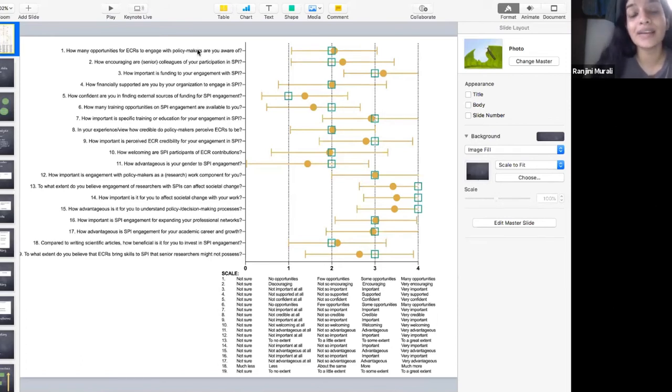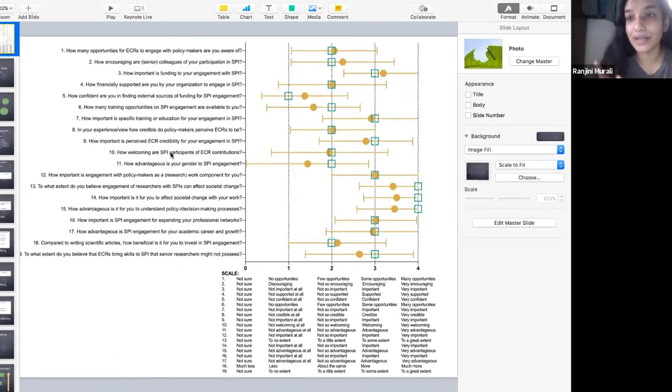Okay, so on the left, on the x-axis, these are the questions. We asked them some 19 questions. Okay, so it's not questions, it's more Likert scale responses, right? But if you remember in the last class, we had said when you ask Likert scale, because people are more likely to agree due to agreement bias and because they want to be liked, it's sometimes better to phrase it as questions. Right.